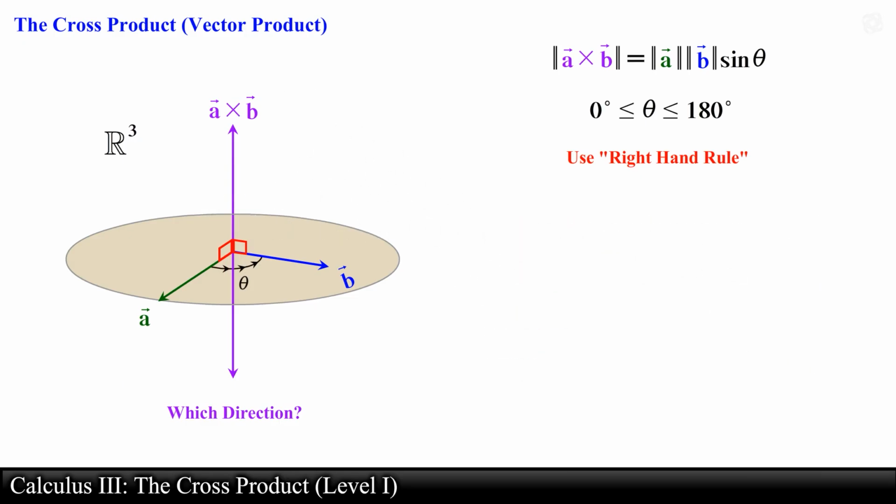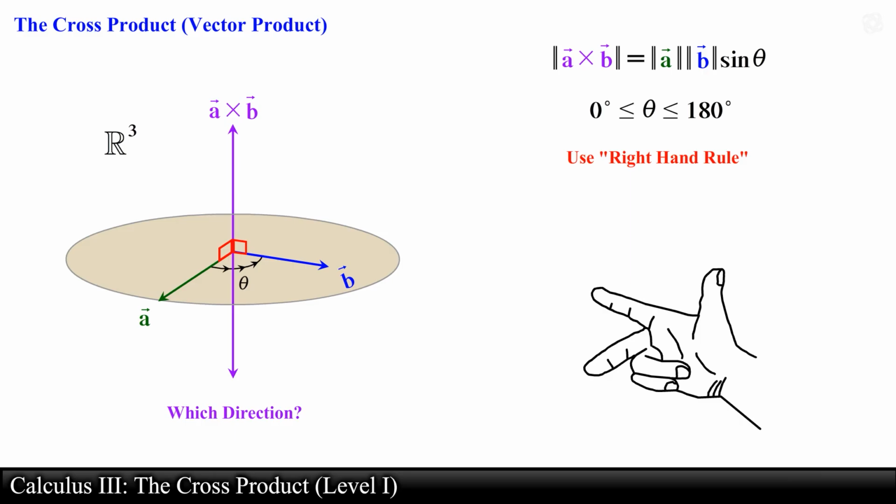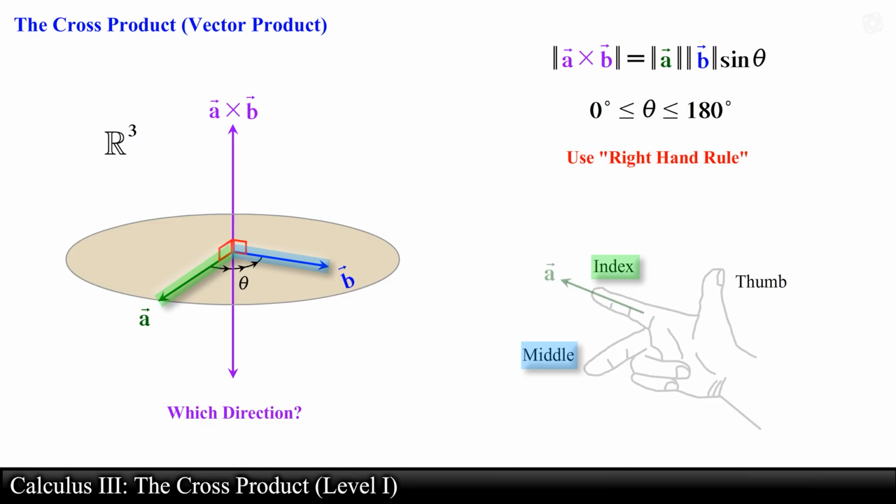A second way to think about the right-hand rule is by using three fingers: your thumb, index, and middle finger. The index and middle finger will represent the vectors that are being crossed with one another. These are the vectors that are located on the same plane. Your index finger will point in the direction of the first vector, in this case, vector A, and your middle finger will point in the direction of the second vector, in this case, vector B. Once you have aligned those fingers with the corresponding vectors, your thumb will point in the direction of vector A